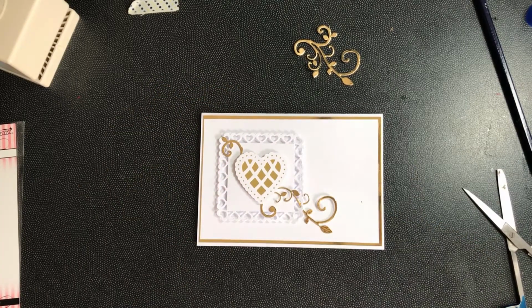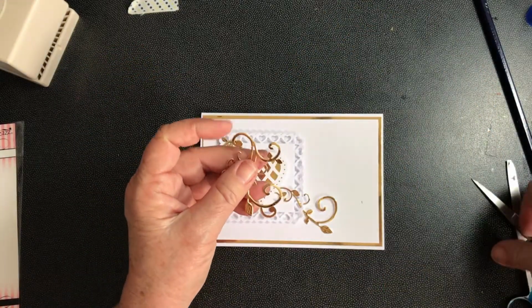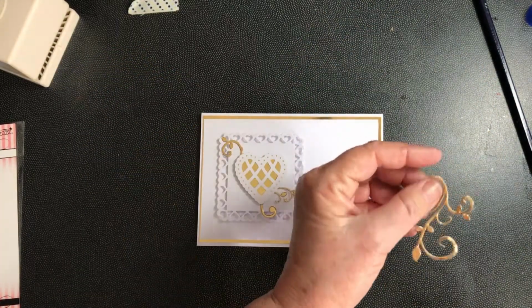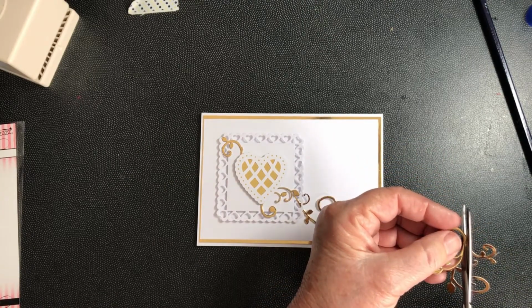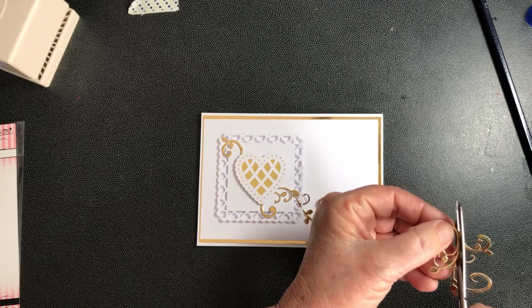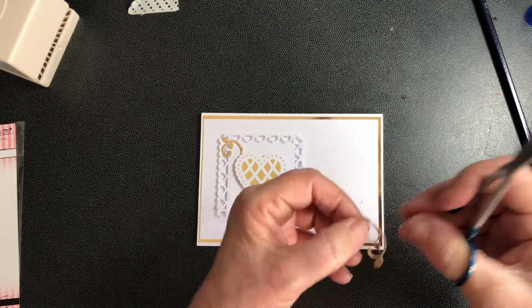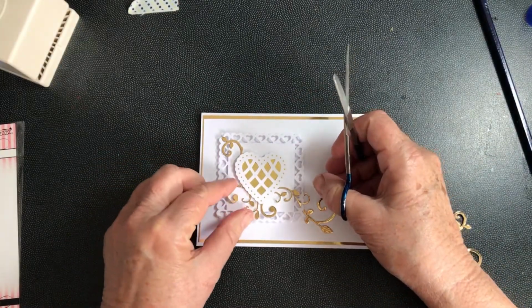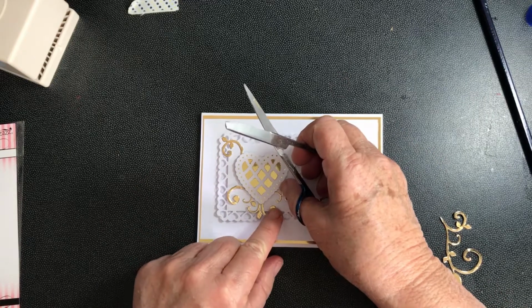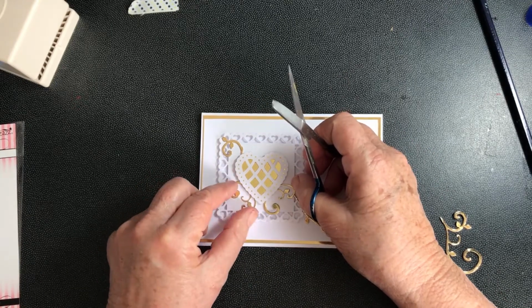Now that's all right on its own, but you could then go ahead and cut the other one and do exactly the same thing in a different place. And there's so many ways you can put this together. I'm going to try and put this one together differently from the other one. I'm going to put that there. So I'll move that up a little bit, and I'll put that there like that,